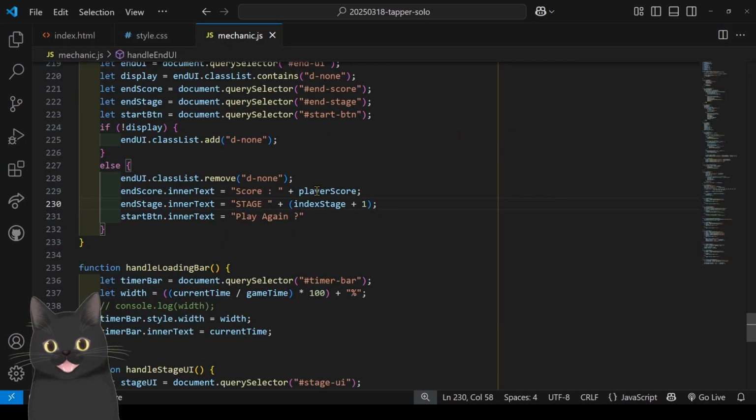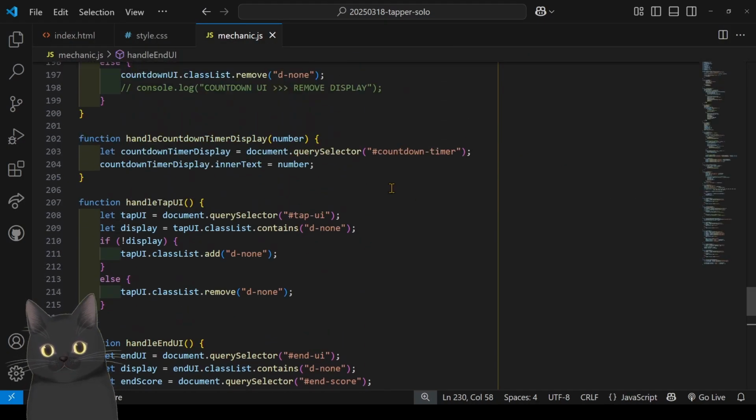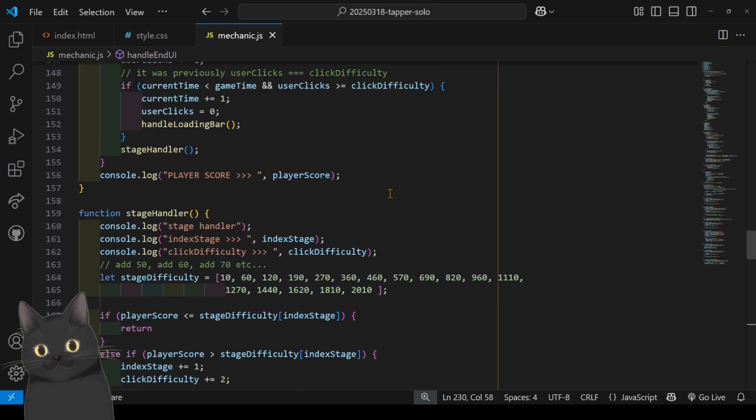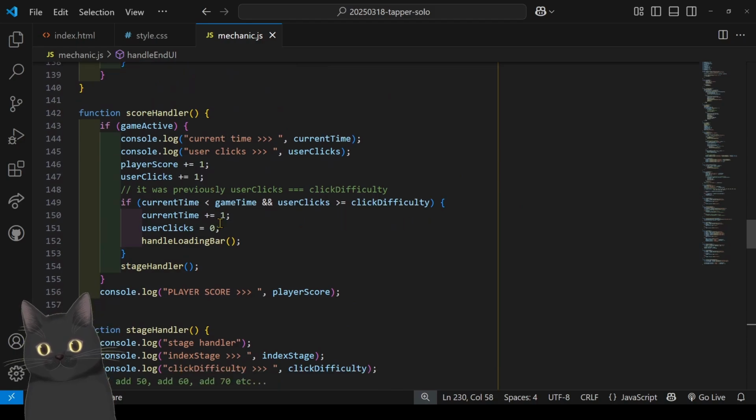Okay, so let's go look at the mechanics for, let's see where was our scoring. So score handler, right? So you can see that current time plus 1 play score. Hey, but yeah, the score isn't tied to this. I was wrong. I initially thought that I had the player score in here. So we probably will need to